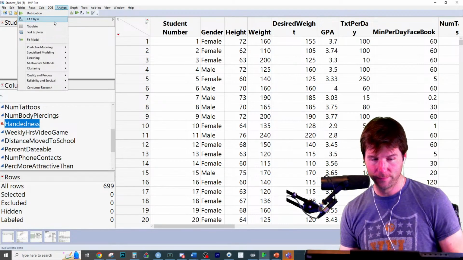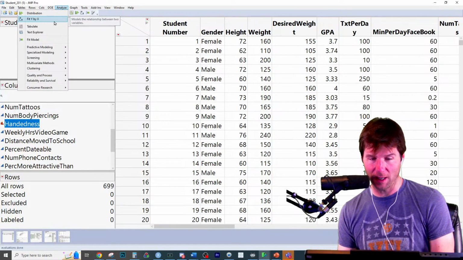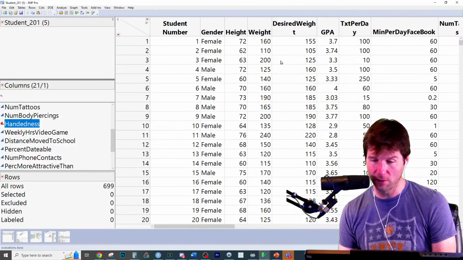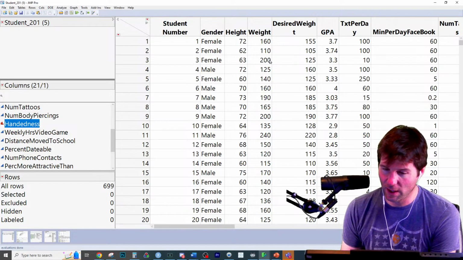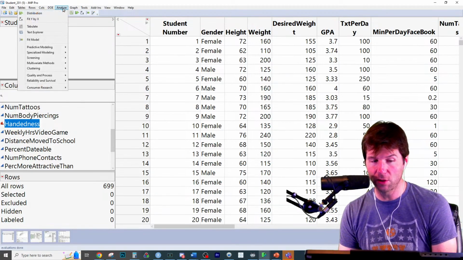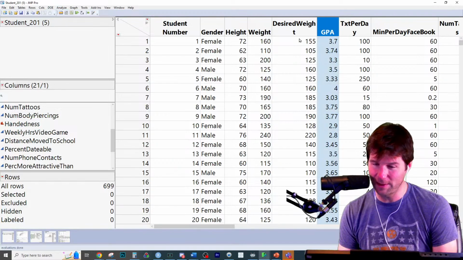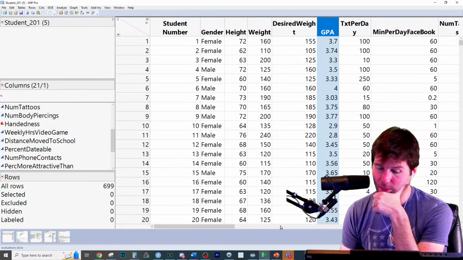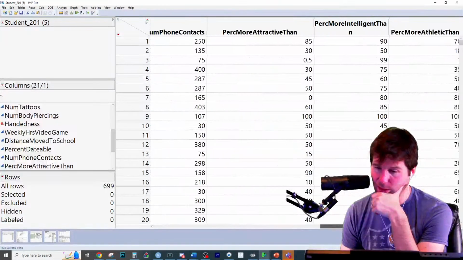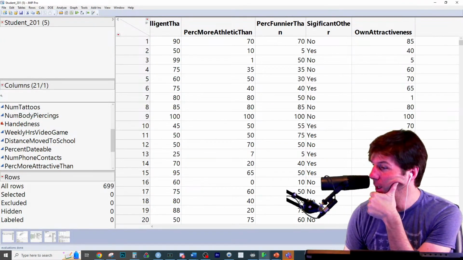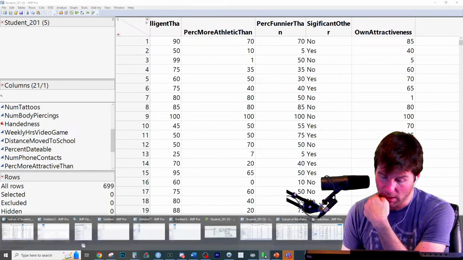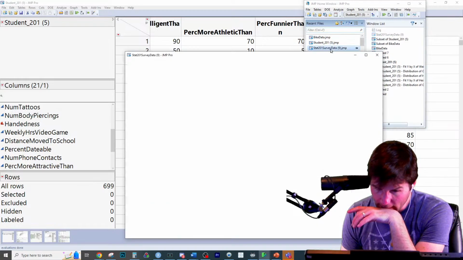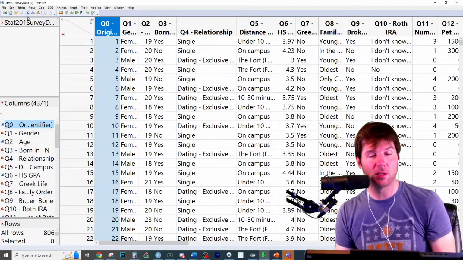We are going to run analyze fit y by x, and let's see right here. Let's say if people have a high or low GPA, I'm going to create a new variable. It's too much work on that one. Where are the data sets I have? I could do it in R really quickly, but these are going to come out kind of boring. So let me pull up a data set that actually has something worth analyzing. And I think this one might. Okay, good. This one does.